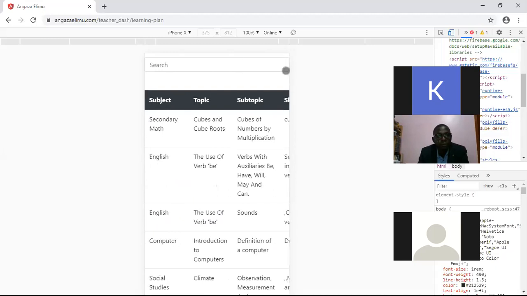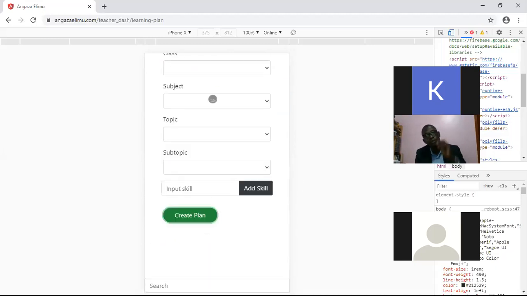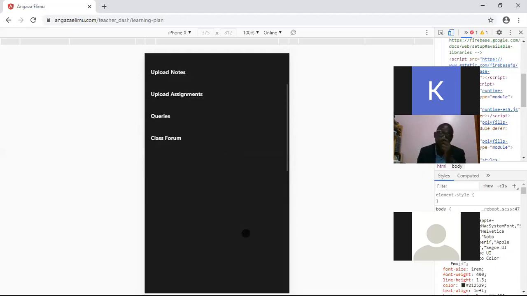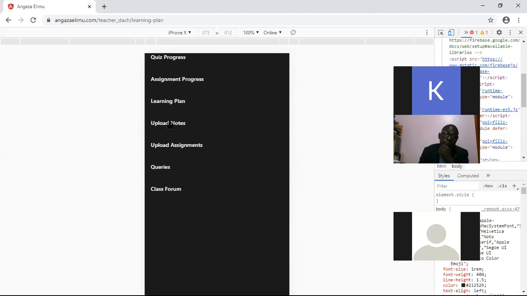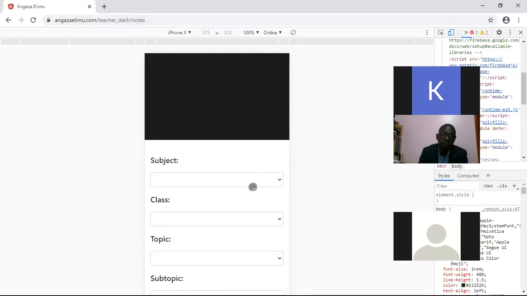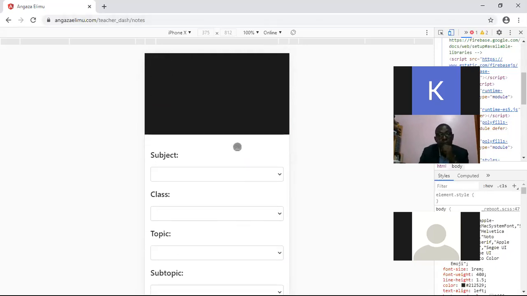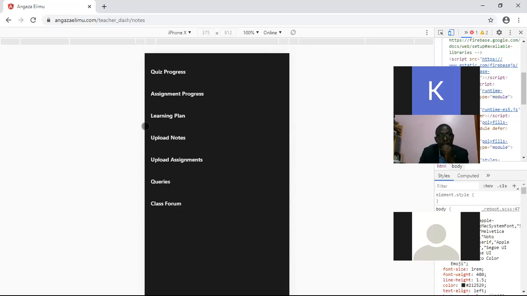The same process applies to all the other items, from uploading notes. Once it's highlighted, follow the same process: choose the subject, class, topic, and subtopic, and curate your notes. And similarly for uploading an assignment.